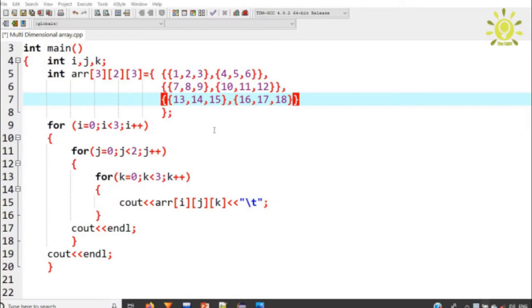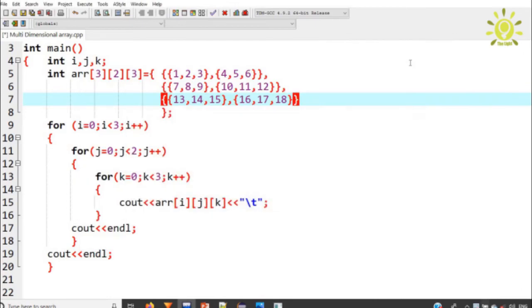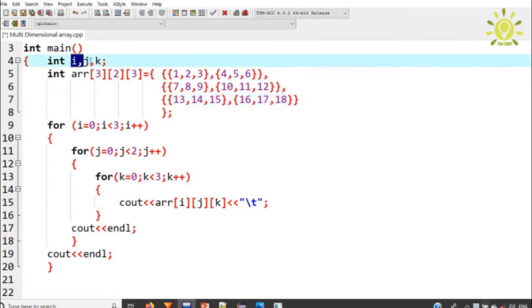So here I have already typed the example program, so I am just going to run this, and here you can see the output, that is 3 dimensions. So guys, the main thing is to understand the working of a multi-dimensional array. So first of all, control moves into the main function and here we declare 3 variables I, j and k, that are integer type.